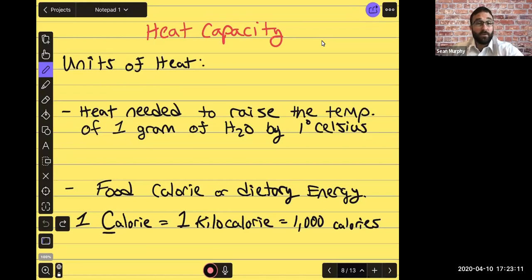formula. So a few vocab words that deal with the units of heat include the first one: the heat needed to raise the temperature of 1 gram of water by 1 degree Celsius. So a little bit of water, and if we add some heat, it's going to change the temperature. Remember, heat and temperature are not the same thing and they are not proportional to each other. So that being said, the first vocab is called